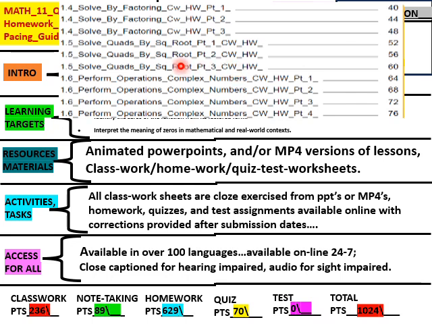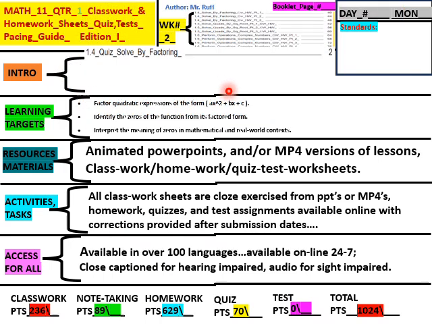And then we go into 1.6, perform operations with complex numbers. Classwork homework part 1, part 2, part 3, part 4. That's a 4-part lesson for performing operations with complex numbers. And we've got a quiz. We've got one quiz here, week 2: 1.4 quiz, solve by factoring. Do we have another quiz? No. So our standard for this week is